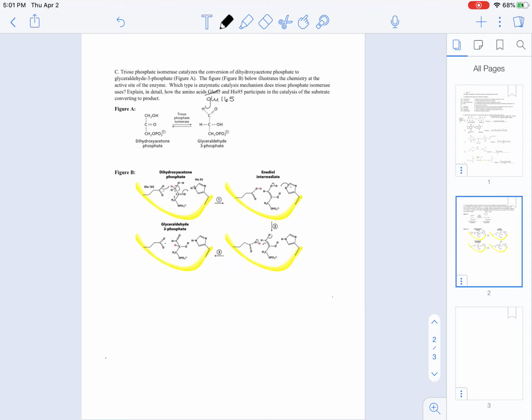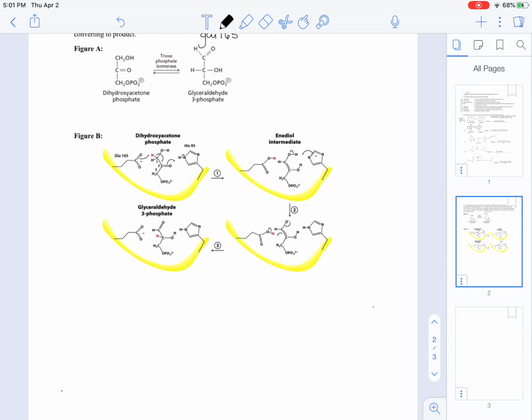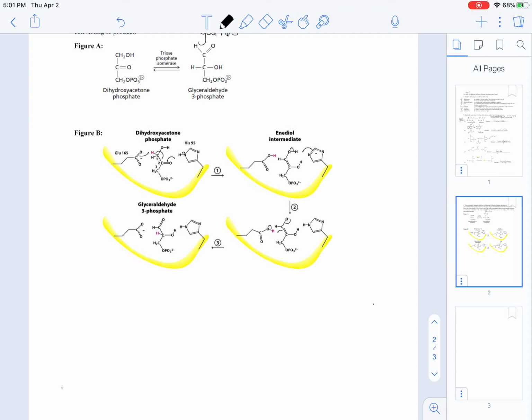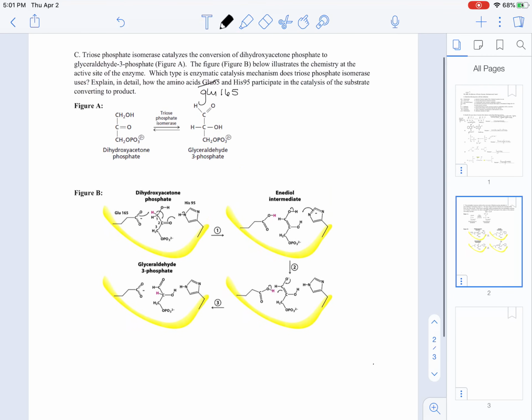To get clues on which mechanism is happening, you look at part B. If you look closely at the three steps occurring at the active site, you will see that there are proton transfers happening. That means that something is acting as an acid and something is acting as a base. So that's why the enzymatic mechanism